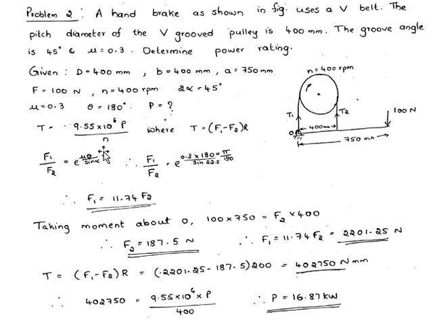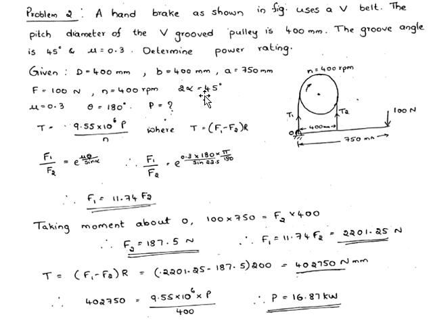So first I will use equation F1 by F2 is equal to e to the power mu theta. This diagram is given in the question. N value is also given, 400 RPM. Both F1 and F2 are unknown. Mu is 0.3, that is given in the question. Theta, in this question, theta value is 180 degree. From this diagram you can note down here theta value, this is the angle of contact, theta value is 180 degree,